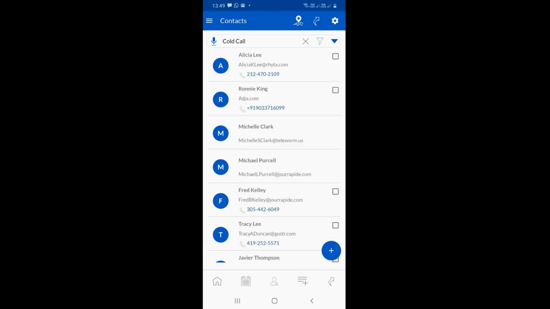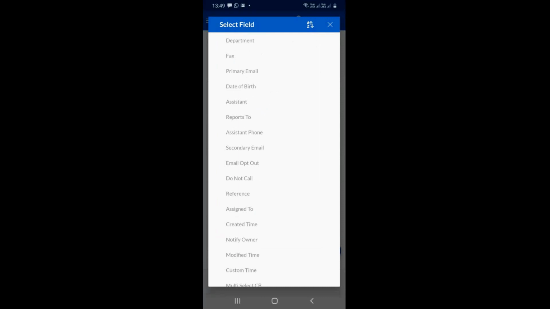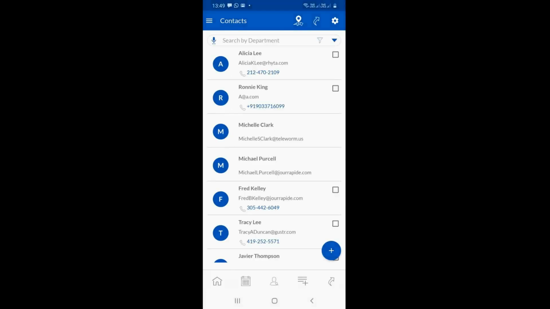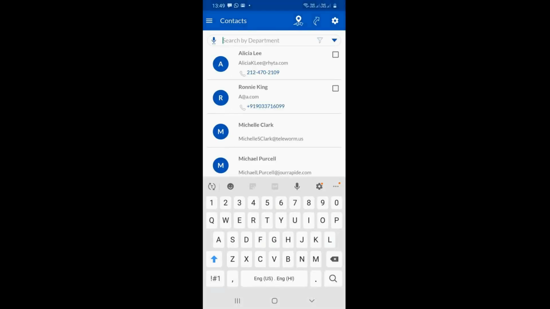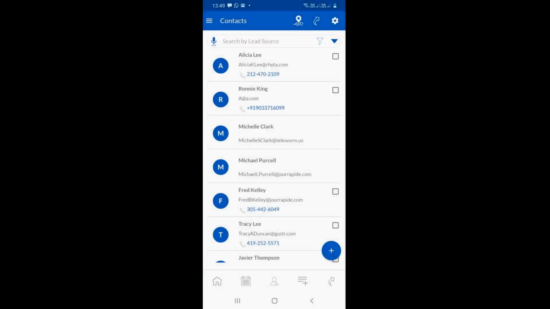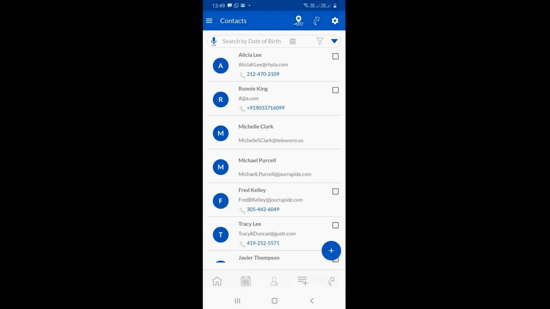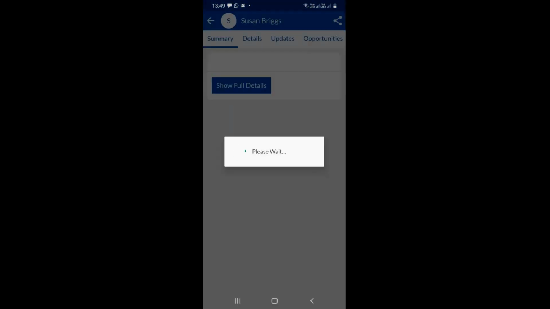Previously, we did not have the feature to auto select those values, right? If I want to search by a different field, for example, department, department is text, so you can search. But if you have a picklist or a field which has a drop down, it is displayed like this. Also, if your field is something like date of birth, you can select the date from here, right? So that is one of the important features which we are going to release in our upcoming release.